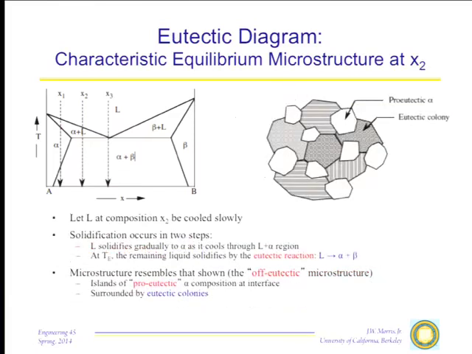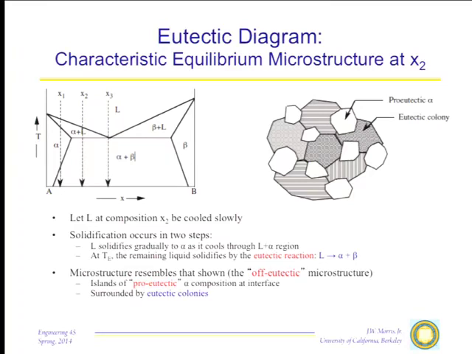The intermediate case, which you saw in lab: if I come down at composition X2, I get into a two-phase region and begin to nucleate grains of alpha. However, before the solidification is complete, I hit the eutectic boundary, the eutectic temperature. And at that temperature, remember, the composition of the alpha phase is here at the alpha line, and the composition of the liquid phase is right over here at the eutectic composition. So that material at the eutectic composition then promptly solidifies into eutectic material,